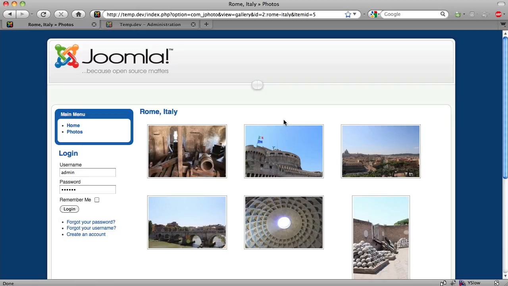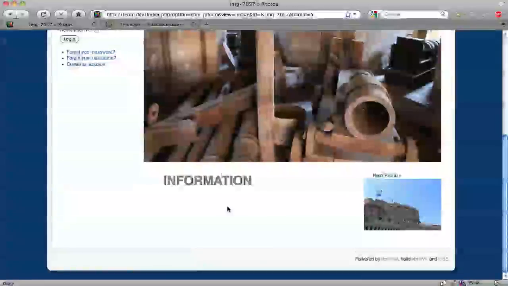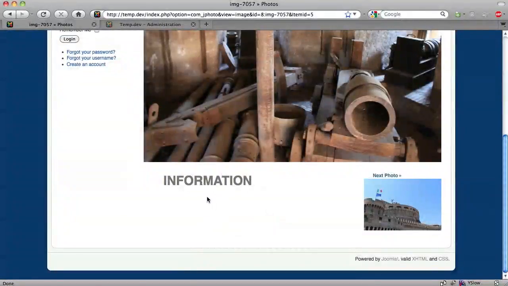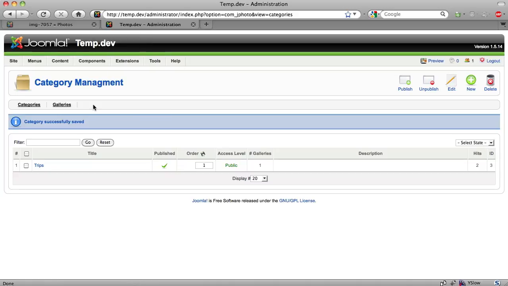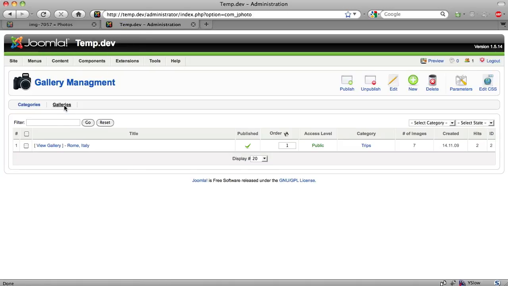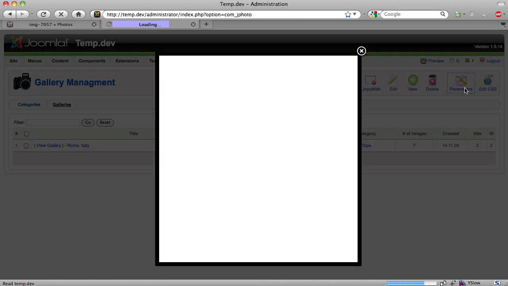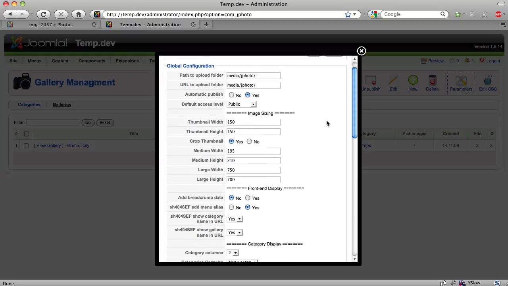At this point you can start using your extension very well, start uploading more images. There's two more things I want to go over. One of them is this information, and the second one will be the JavaScript library. So first let's go over the information. To do so, you'd want to go and edit the parameters, the configuration of the extension, and then about